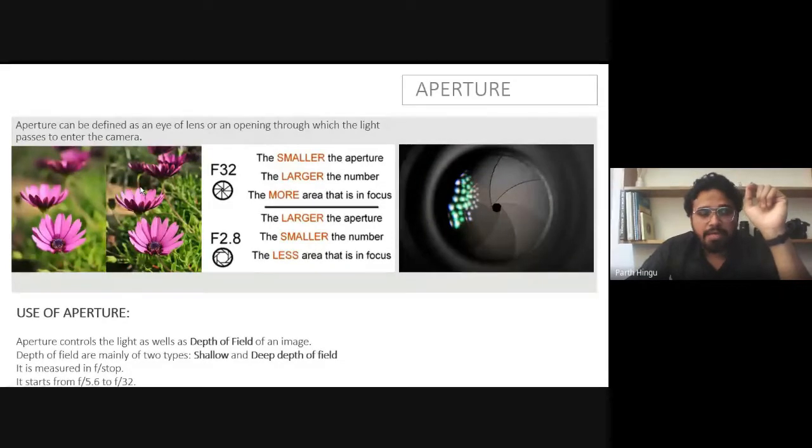At f2.8, the aperture is larger and the hole size is bigger. The number is small when the aperture is large, and less area is in focus. So this is the basic concept of aperture.